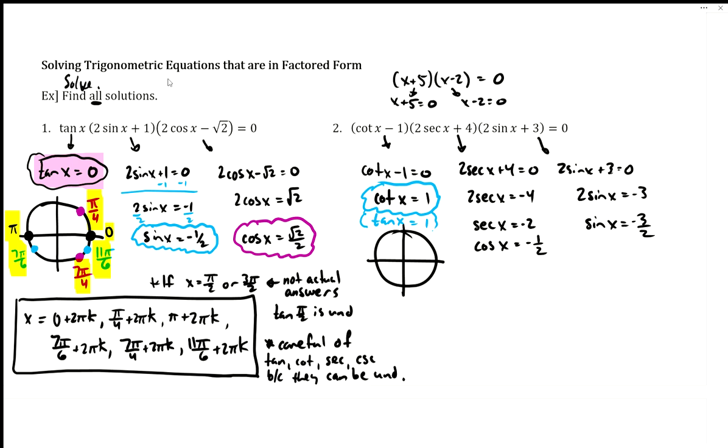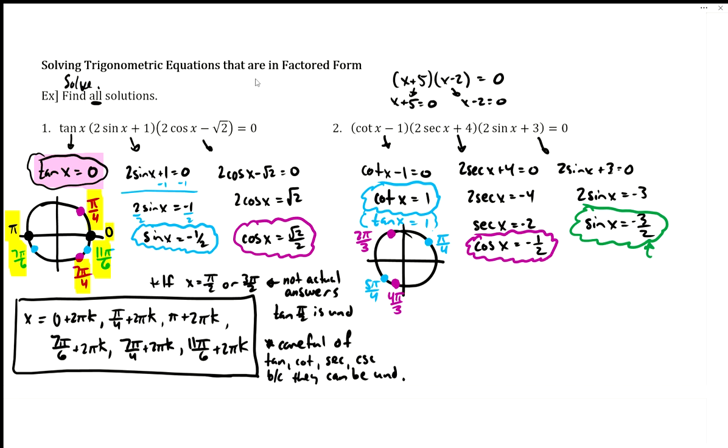Either way, because it's equal to 1, our answer would be in quadrant 1 at pi quarters and quadrant 3 at 5 pi quarters. Okay, and then our next one, cosine of x equaling -1/2. Well, that's an x coordinate. That's -1/2. So that is in quadrant 2 up there with 2 pi thirds, and also in quadrant 3 about there at 4 pi thirds. Okay, so there's our 4 answers, or so far. And actually they will be the only 4 because this one, I'll mark it in green, sine of x equaling